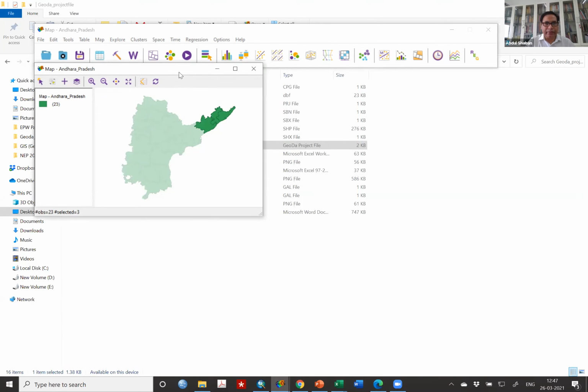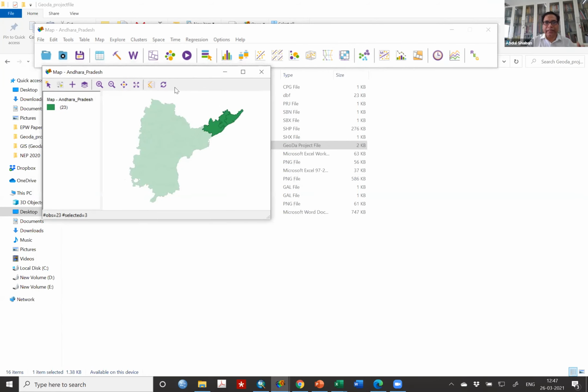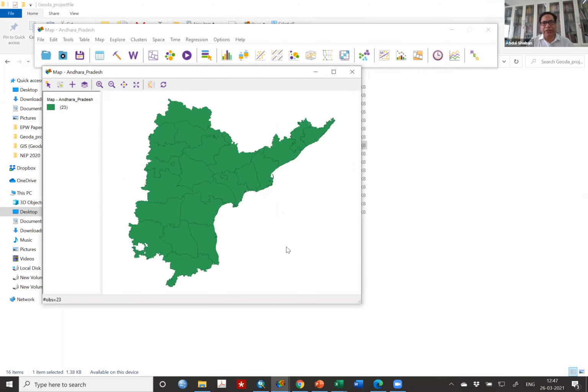Now from here, I am taking you further. This correction sometimes needs to be done if there is some mistake in the data emerging because of the way geometries are framed and the way Geoda recognizes them. So you have to sometimes carefully check whether some of the districts do not have any neighbors. If they don't have any neighbors, this means there are some issues and they need to be corrected. So once you have done this, now how to compute Moran's I from here?